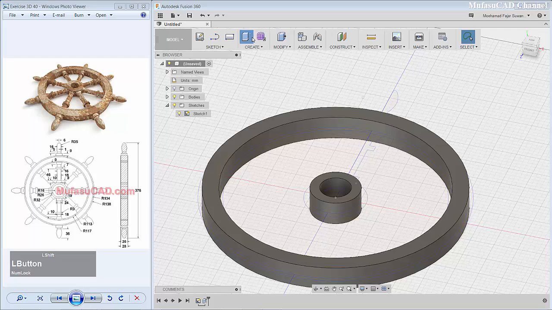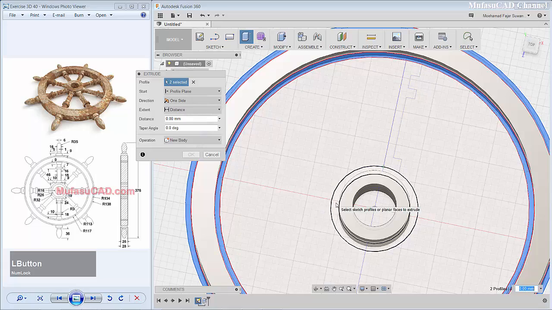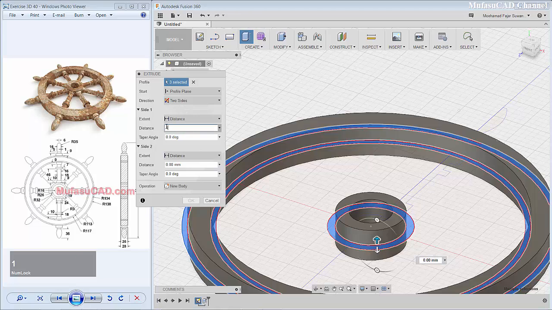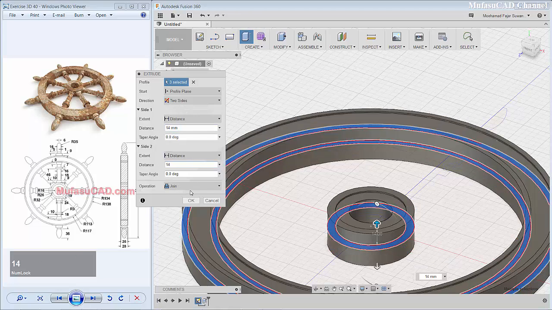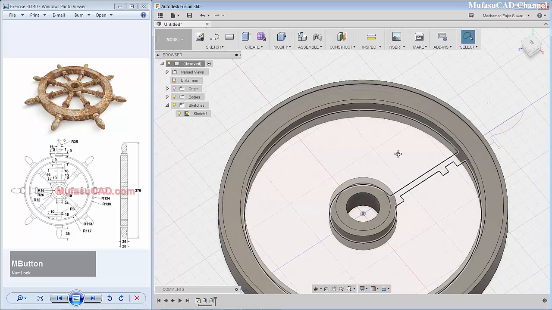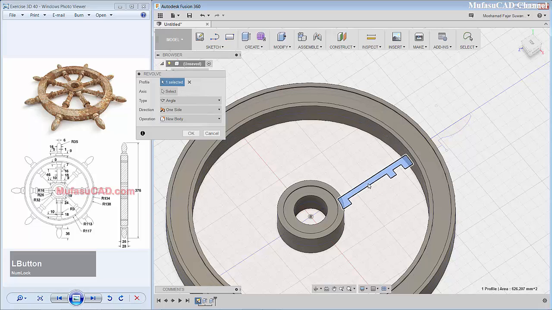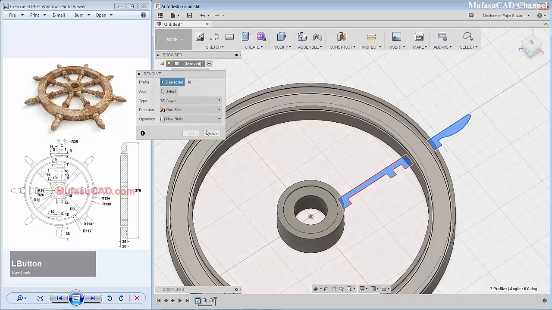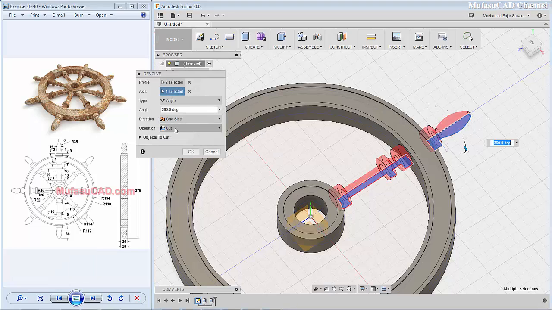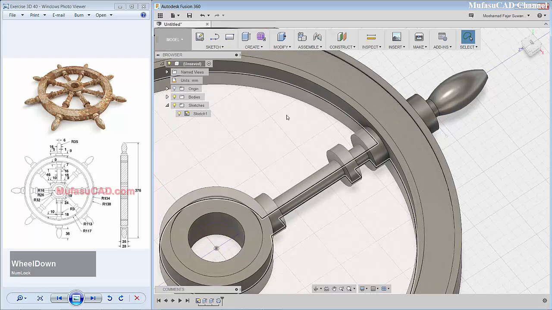Next, we extrude again. You can select this face. Okay, this face, and then this face with 2 sides, and distance 14. In here 14. You can click OK. Next, I will remove these 2 objects. You can click here create and then click remove. You can select this face and this face. Okay, for axis, I will select this line object, and you can change operation into new body. You can click OK.